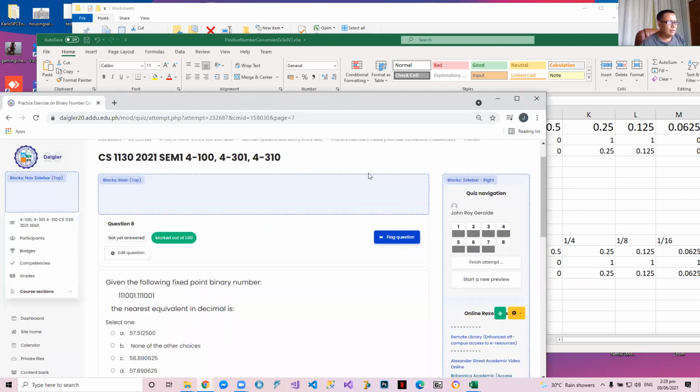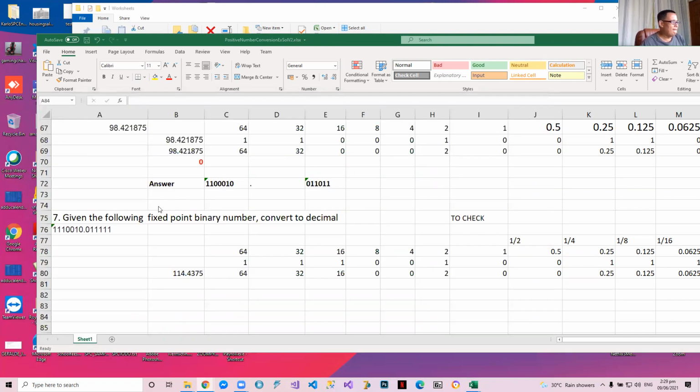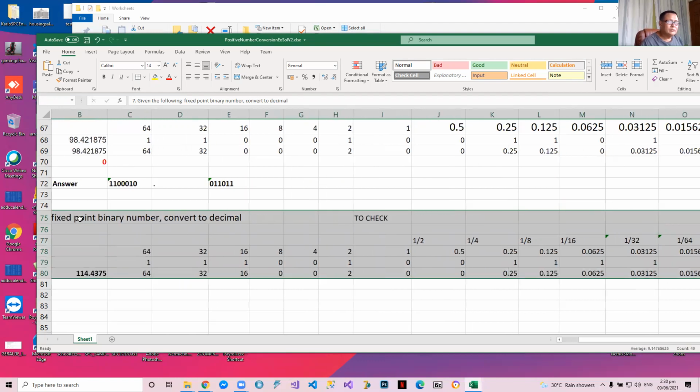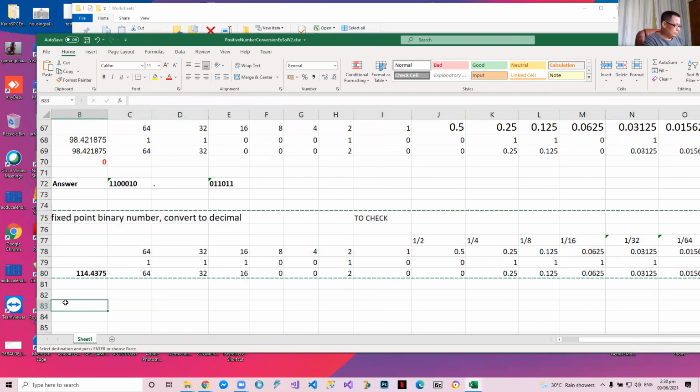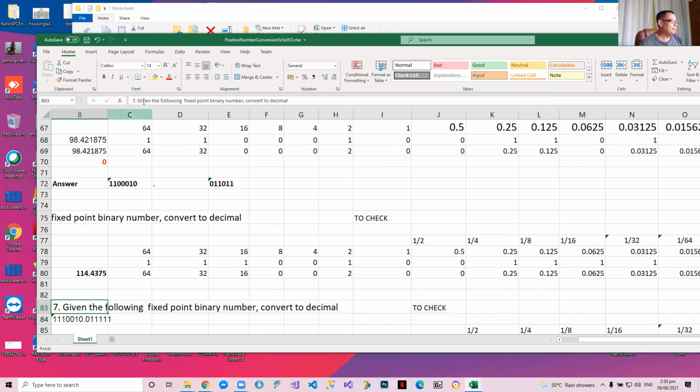Because how many do we have? Yes, 8. This is the 8. Given the following binary number, find the nearest equivalent. We can use the same formula anyway now. We'll just bold this. It's number 8. The number is